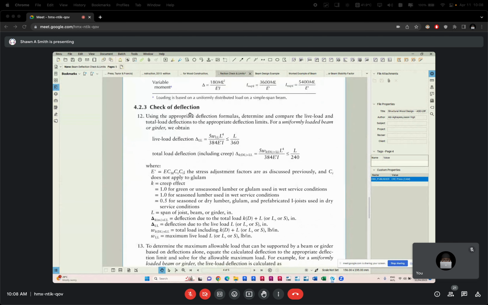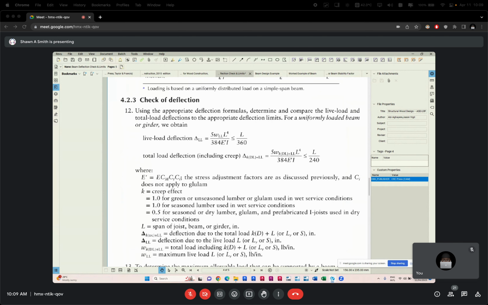Check of deflection. Using the appropriate deflection formulas, determine and compare the live load and the total load deflections to the appropriate deflection limits. For a uniformly loaded beam or girder, we obtain live load deflection, right? And they call it deflection LL, which equals 5 WLL over that, right? And it should be less than that. Like I said upstairs, it should be less than this,